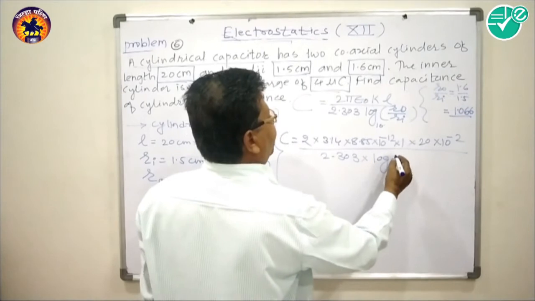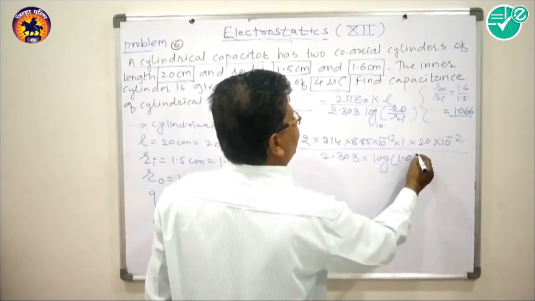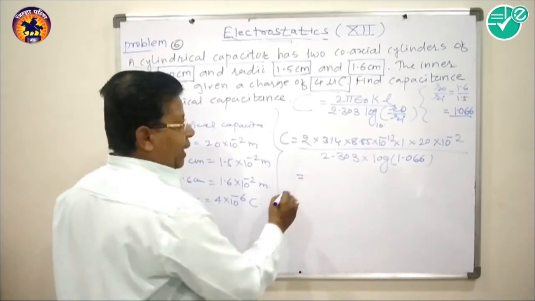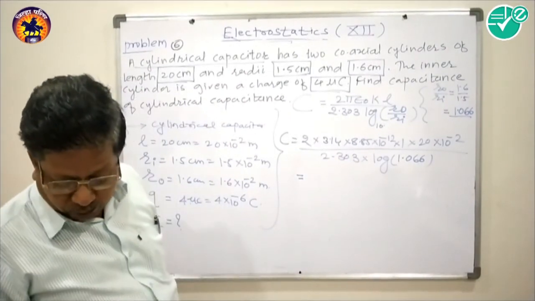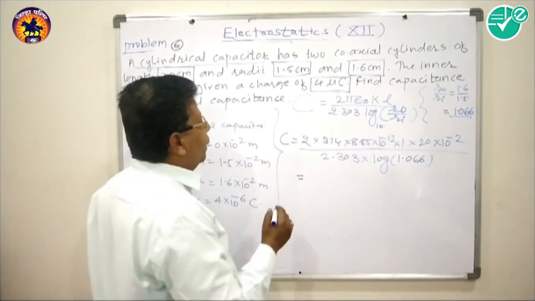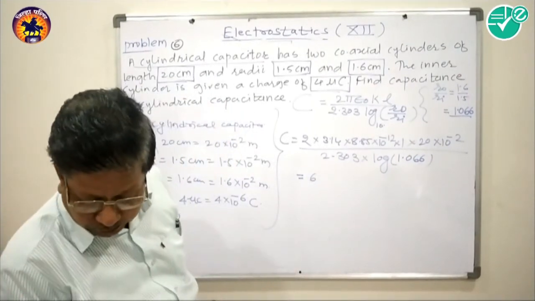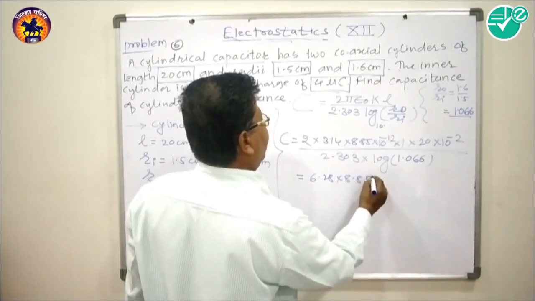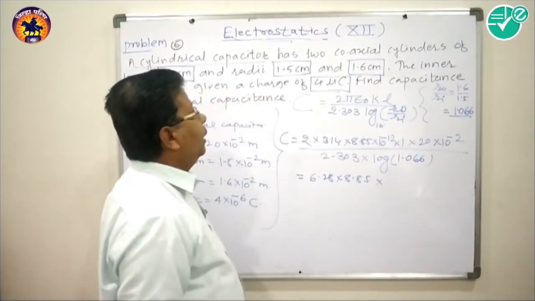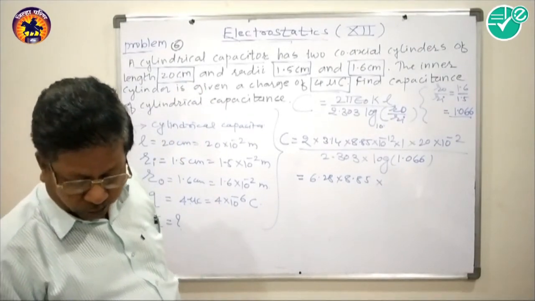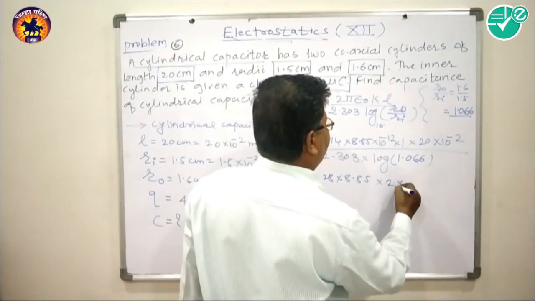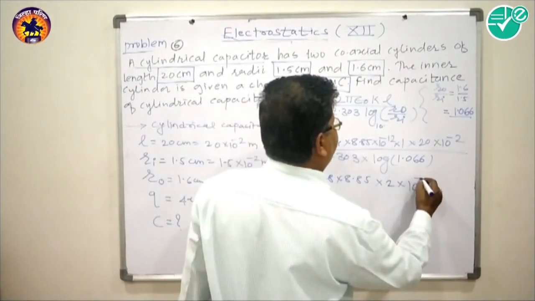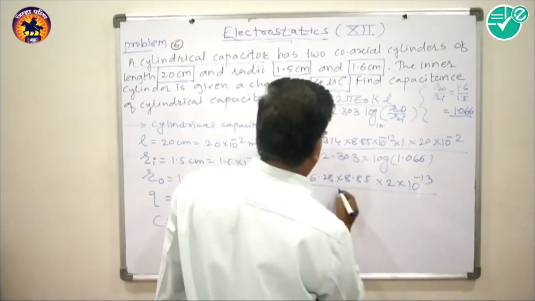So the log of 1.066, and by calculating this we will get 6.28 into 8.85 into 2 into 10 to the power minus 13